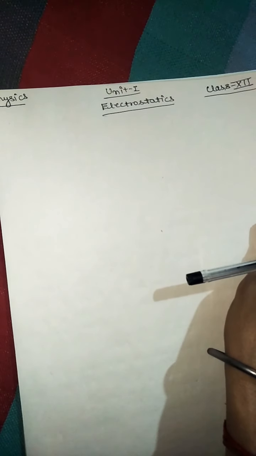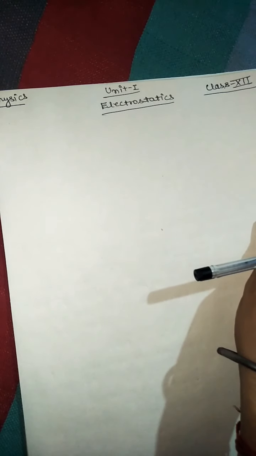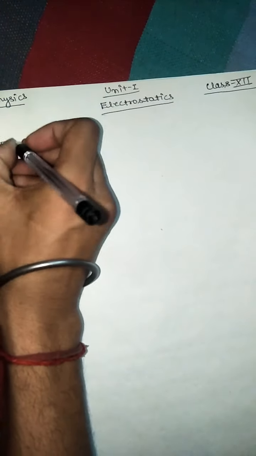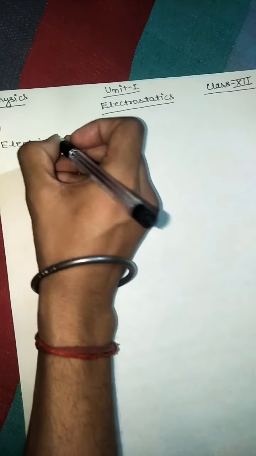Good morning, students. In the last lecture, we discussed electric field intensity due to an electric dipole on its axial position. But now we are going to study another topic which is very related to that last topic. That was electric field intensity due to an electric dipole on its axial position. And this one is electric field